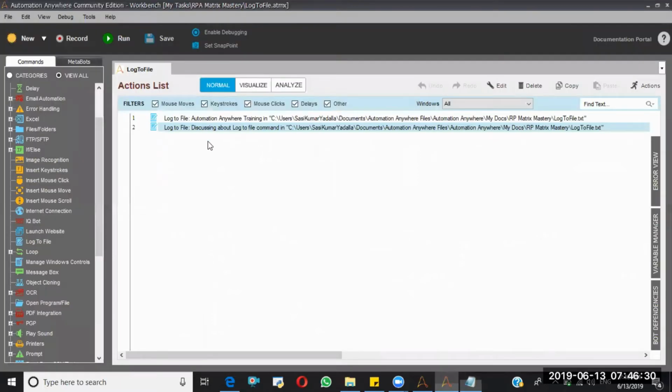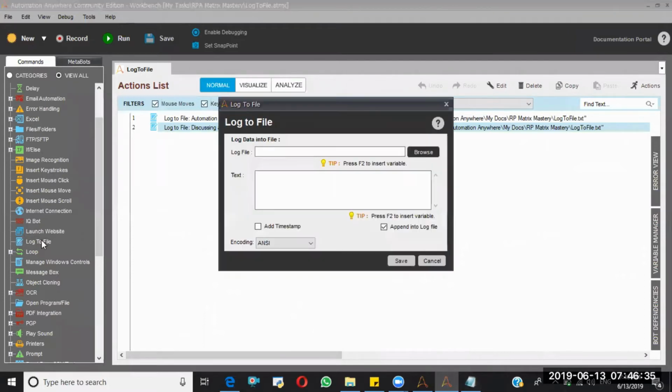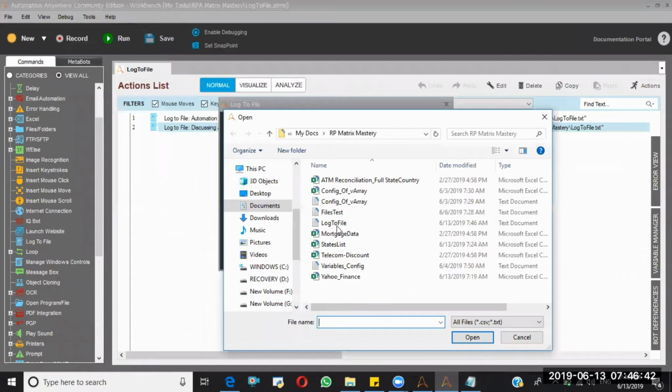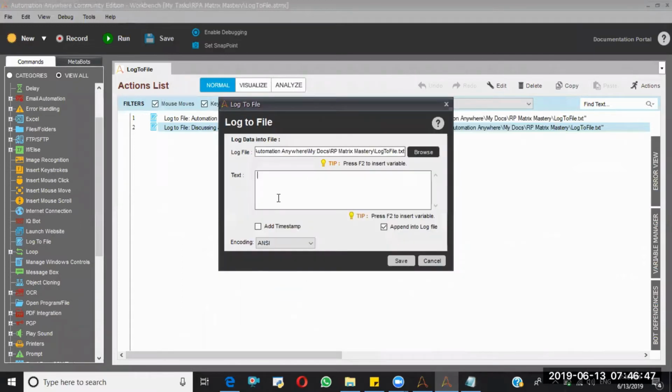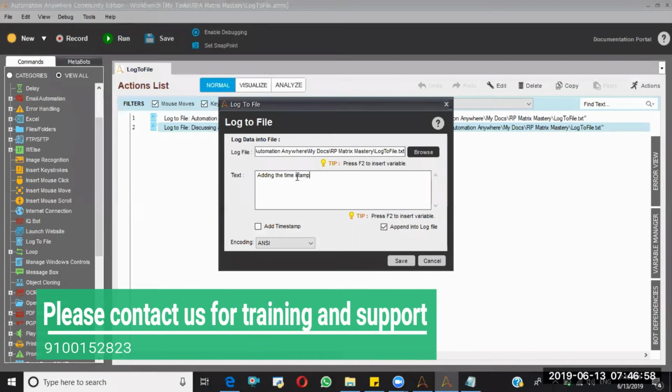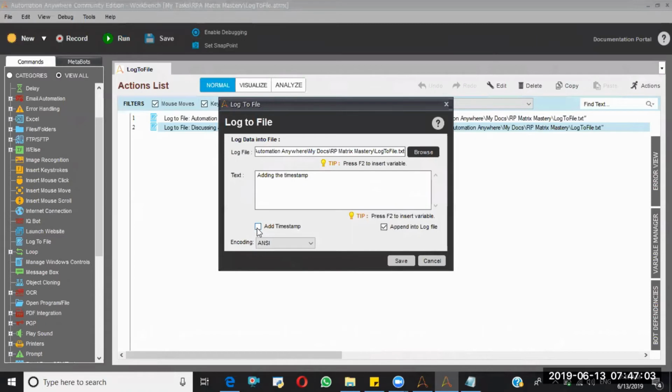And third, I want to add the timestamp as well. So I want to know at what time I'm writing this log, right? Again I'm selecting the same file, adding the timestamp. Here I have to select this checkbox.